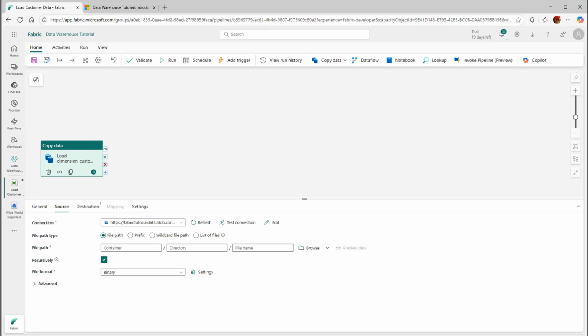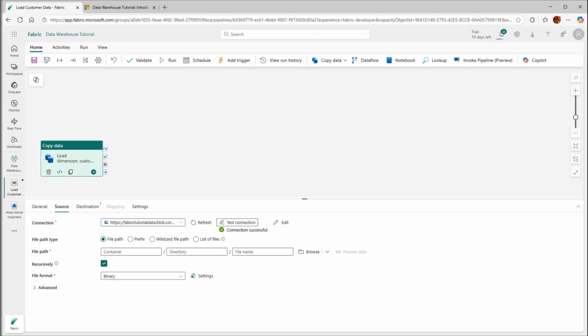So connect, right? Let's do test connection. I can test the connection. Okay, so file path in container, I'll give sample data,